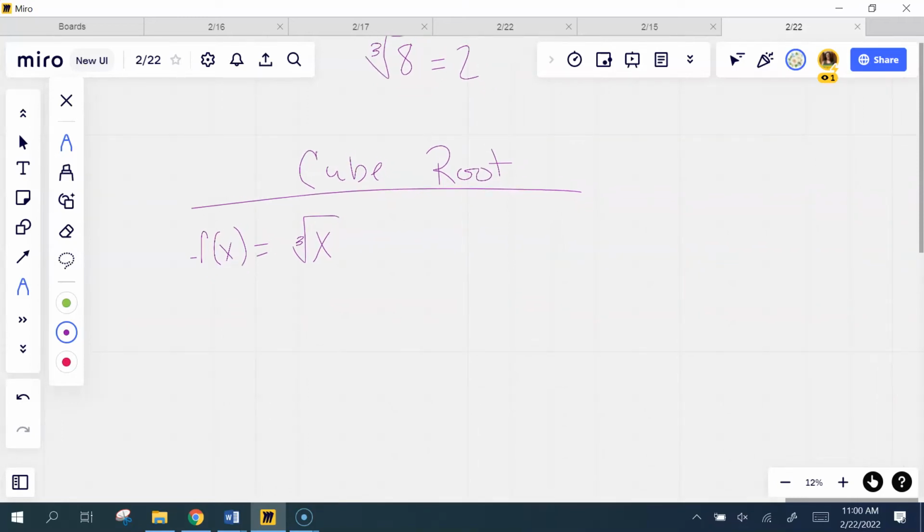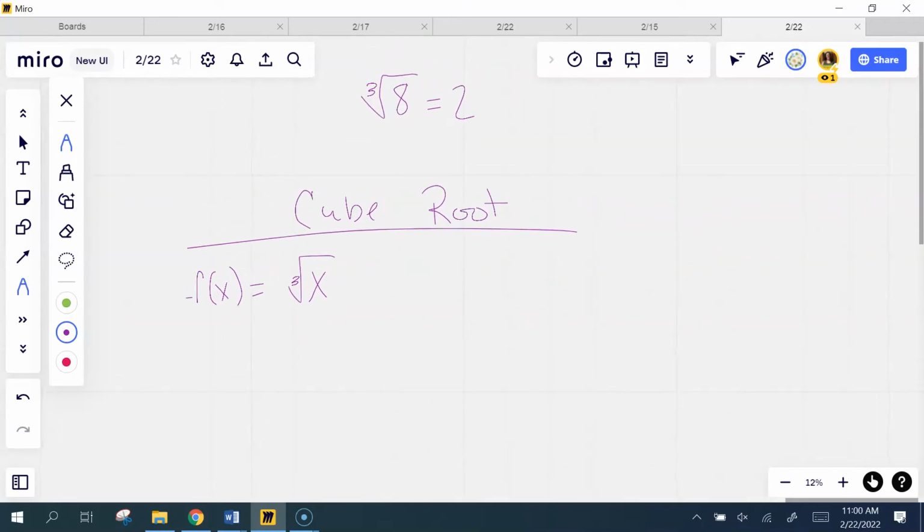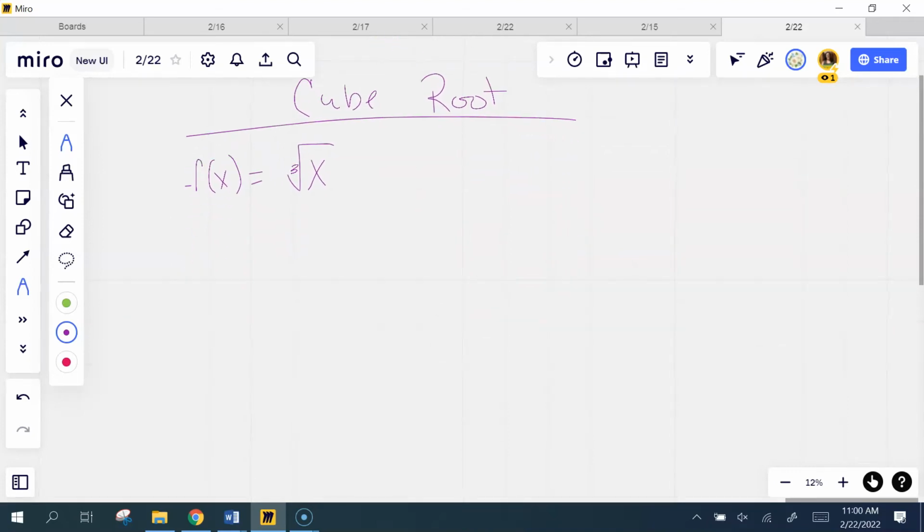No, go ahead. Well, no, because it's 3 times 3 times 3 would be 81. So the cube root of 81 would be 27. The cube root of 27, sorry. The fourth root of 81 would be 3. Look at all those roots. But just so you know, for this one, I'm just going to have you do